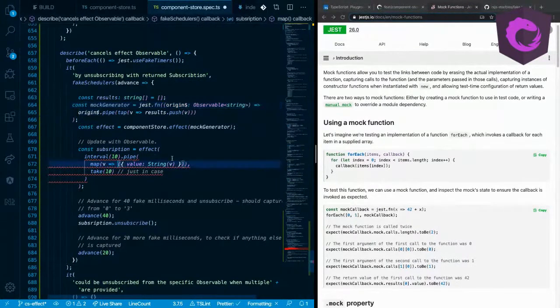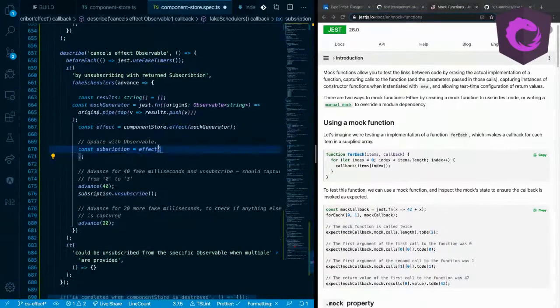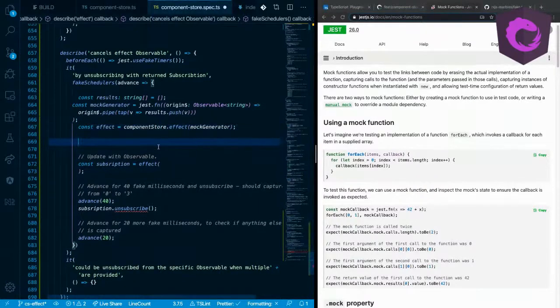So here I was remapping the value. Okay. Here there's the interval. So this would not be the effect itself. The effect itself we already have, and we would have the effect, and then we'll have a subscription. Alright, so we'll have this observable